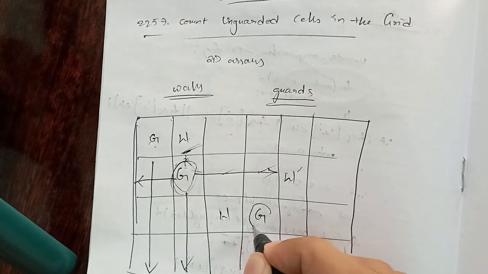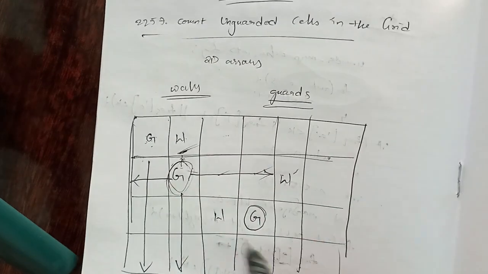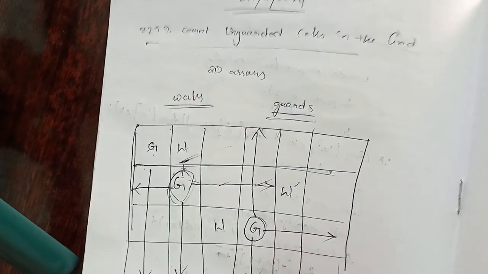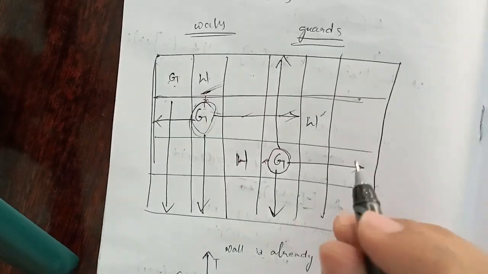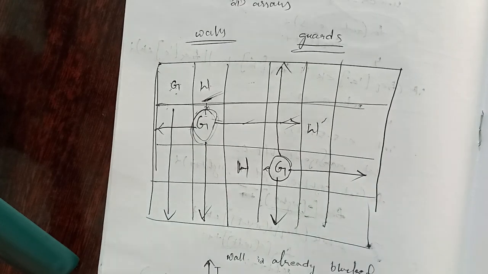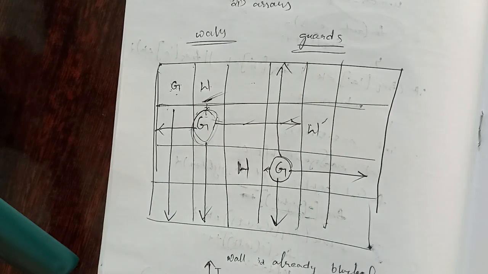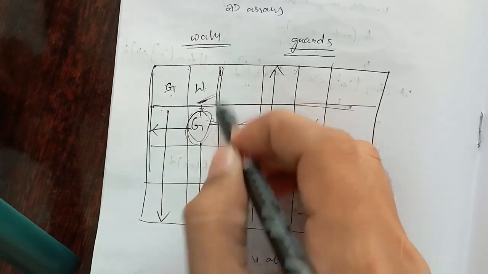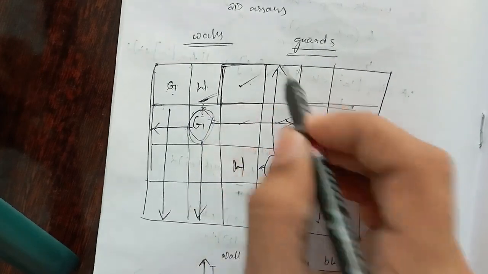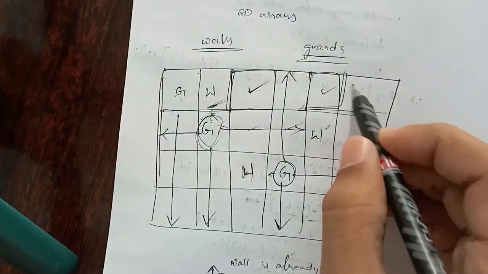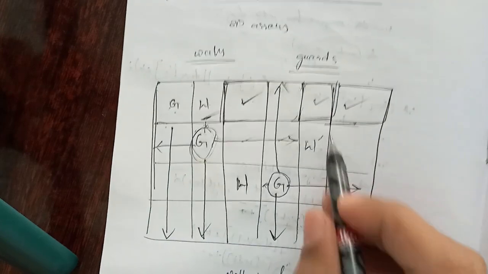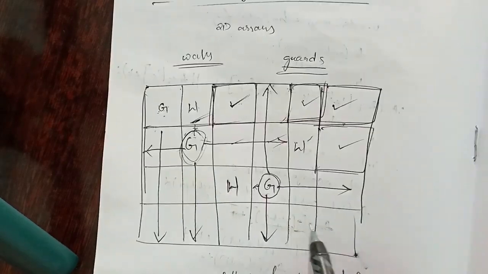So that's it, this guard can see only these cells. Now let us discuss this guard. He can see upwards, right, bottom, not left, because there is a wall here. So we need to return the number of unoccupied cells that are not guarded. That means this cell is not guarded, this is not guarded, 1, 2, this is not guarded, 3, this is not guarded, 4,